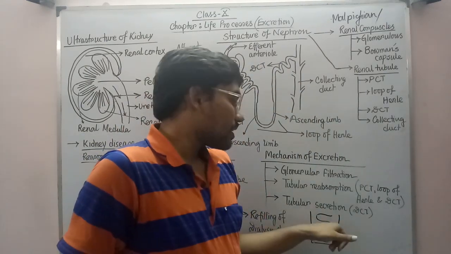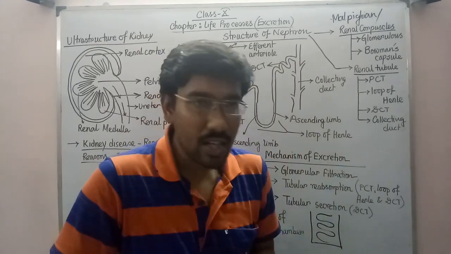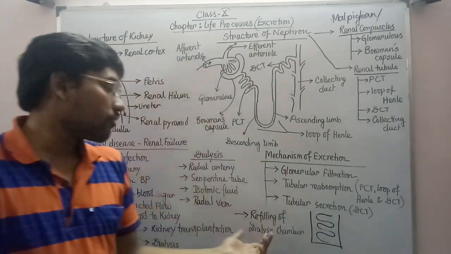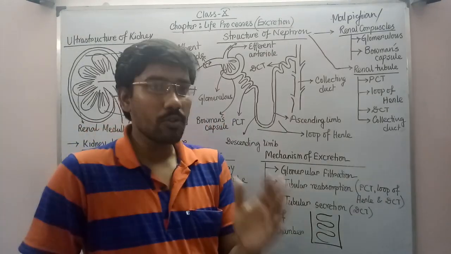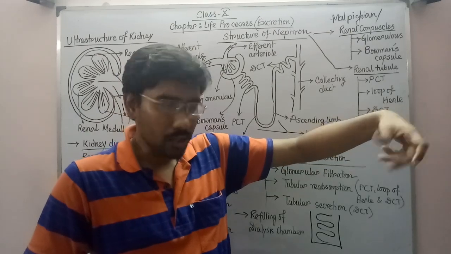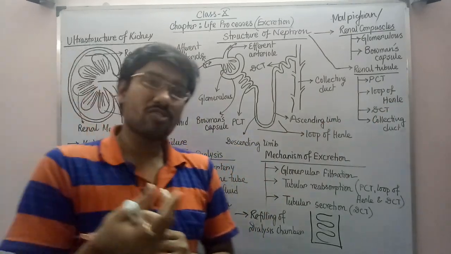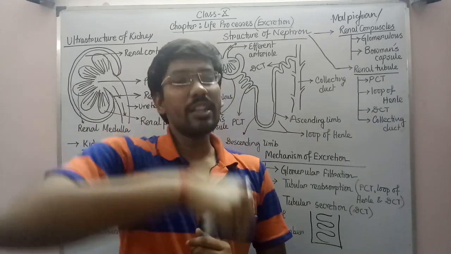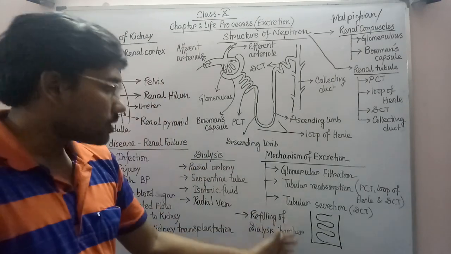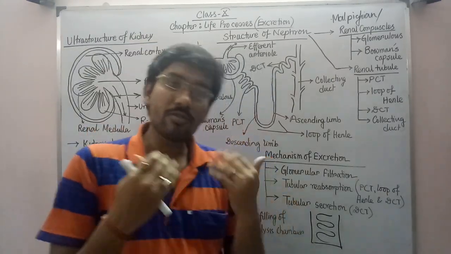Now the point is, this dialyzing fluid has got polluted because various kinds of toxic agents have come out from the blood and mixed within the dialyzing fluid. So what we will do is refill the dialysis chamber. That dialyzing fluid which is already polluted will be released out. One cap is there that we will open so that the dialyzing fluid will move out, and there is another valve or stopcock-like structure. We will open that so that the new dialyzing fluid, which is isotonic to the blood, can refill the dialysis chamber. Again the dialysis chamber will be used and the entire system is ready for the next